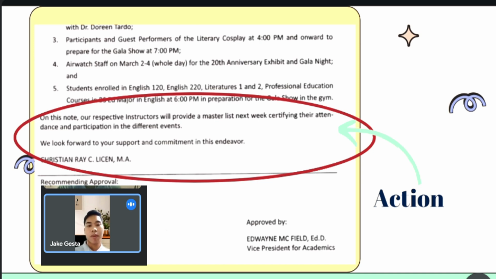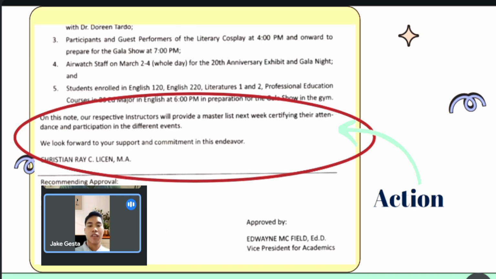First, preparation of master list. Create a master list that includes the names of all participating faculty members. Include the specific events attended and the roles played by each participant. Second is certification. Ensure that the master list is certified with your signature.